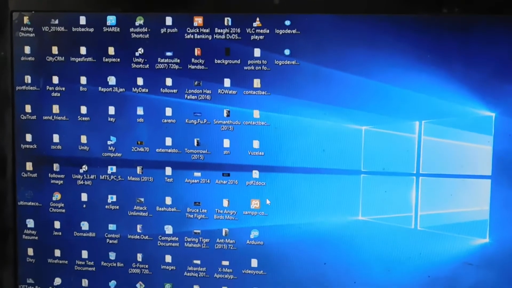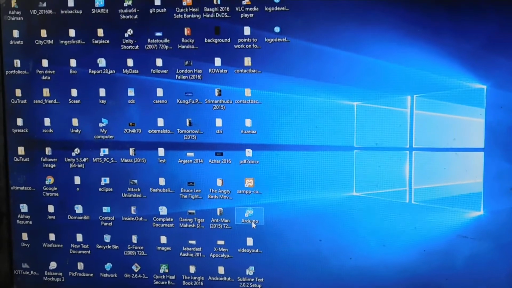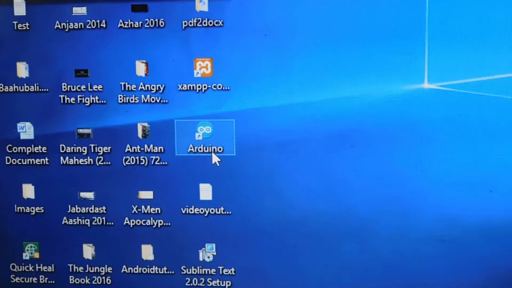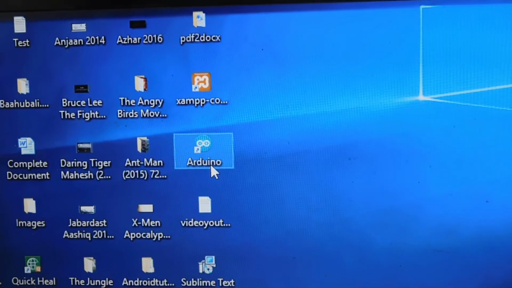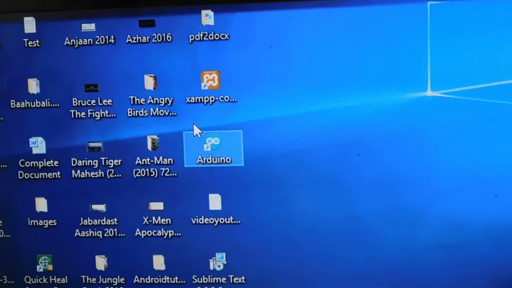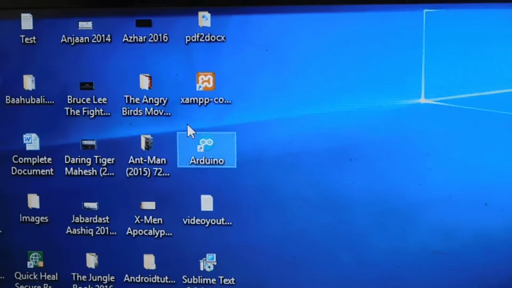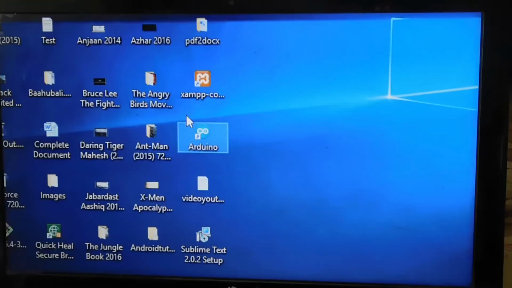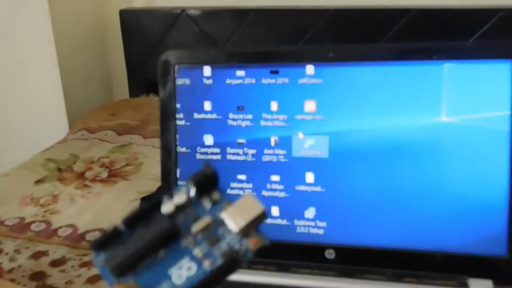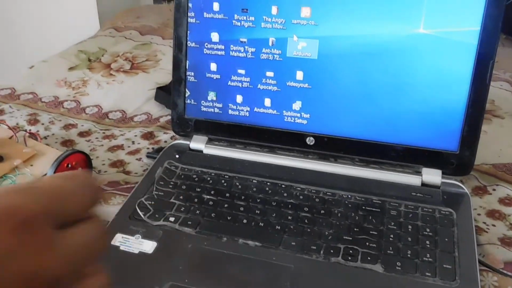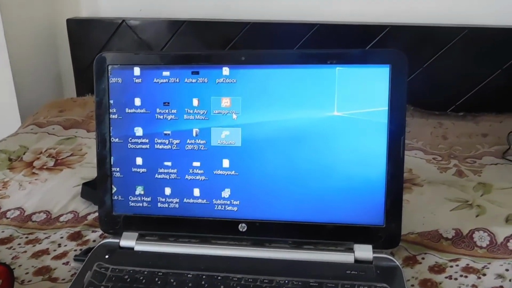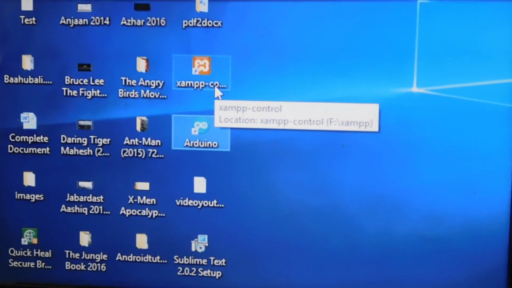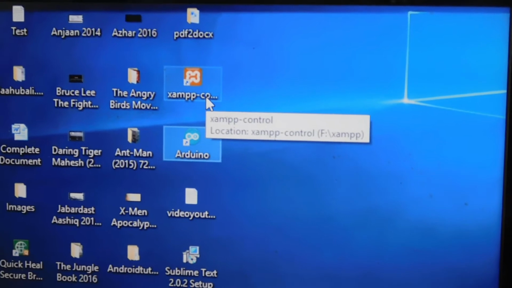So in the last video, what we have done is downloaded this particular software, the Arduino IDE, and installed it successfully. Now in this tutorial we are gonna write a program, put the program inside this Arduino board, and run it. So that will start from the basic. It doesn't contain that much hyper thing like building a satellite or launching a satellite. It will start from the basic.